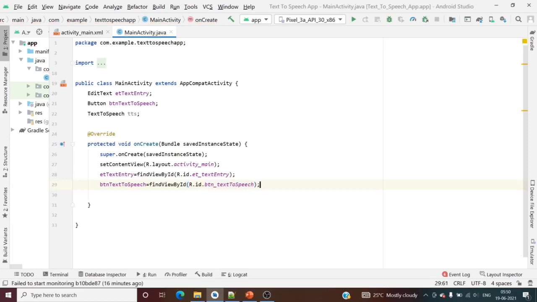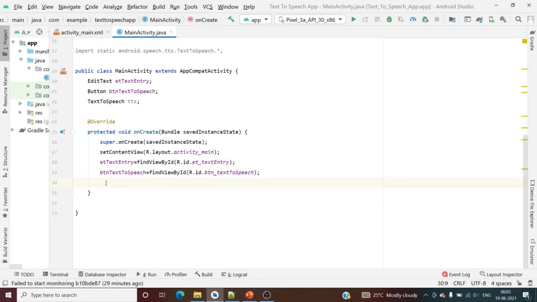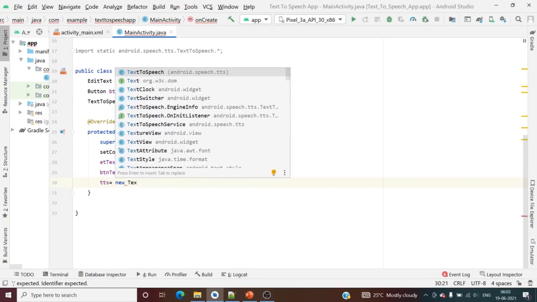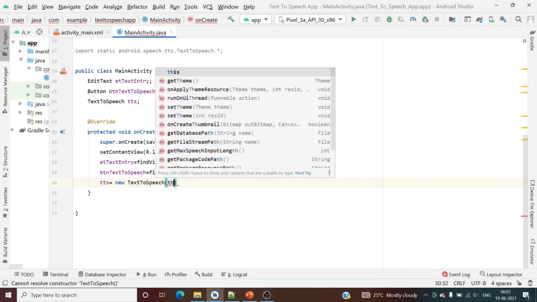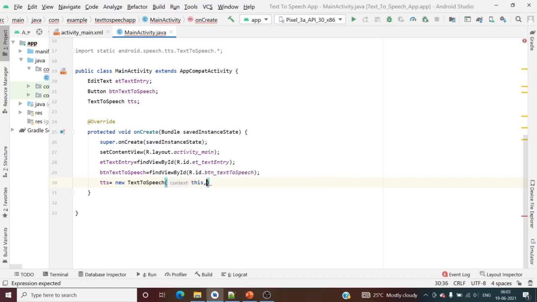Next, very importantly, text to speech. TTS is equal to new text to speech. For the initialization, you want the context, that is this, the main window, and I have to initialize a new text to speech.